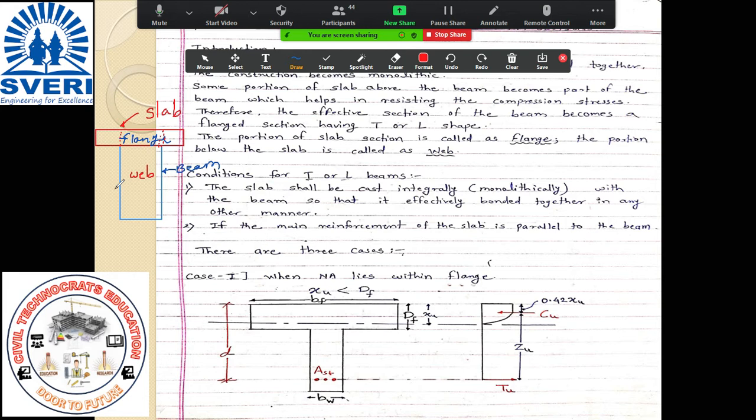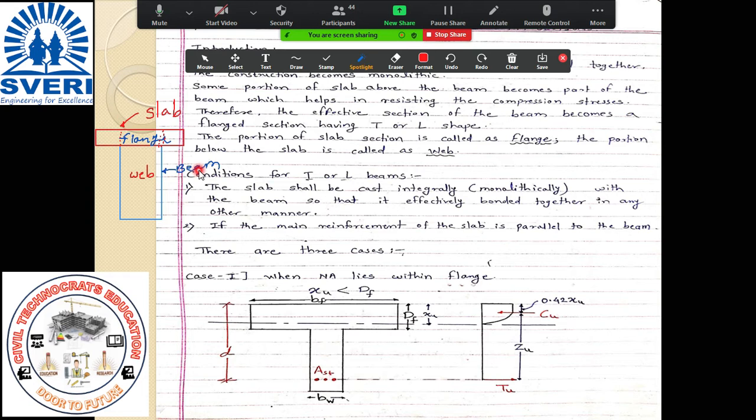Then next it says that the portion of the slab section is called as flange. That I have already told you, this is called as flange, and the portion below the slab is called as web. So this is web. Okay, so write down the portion of the slab section,